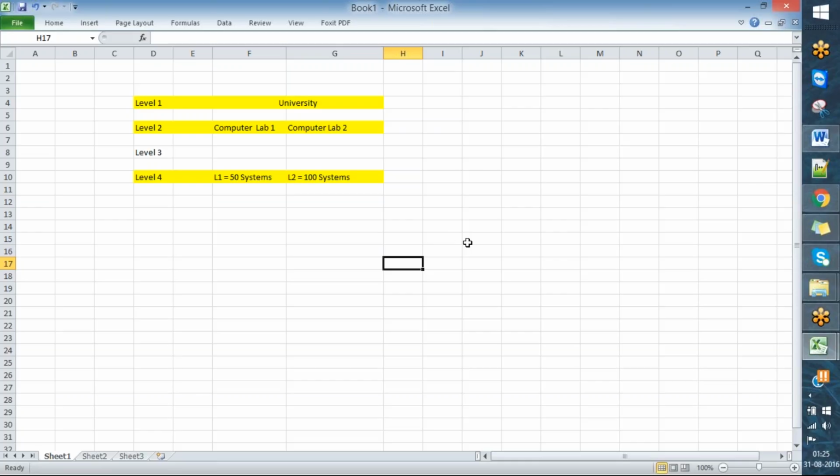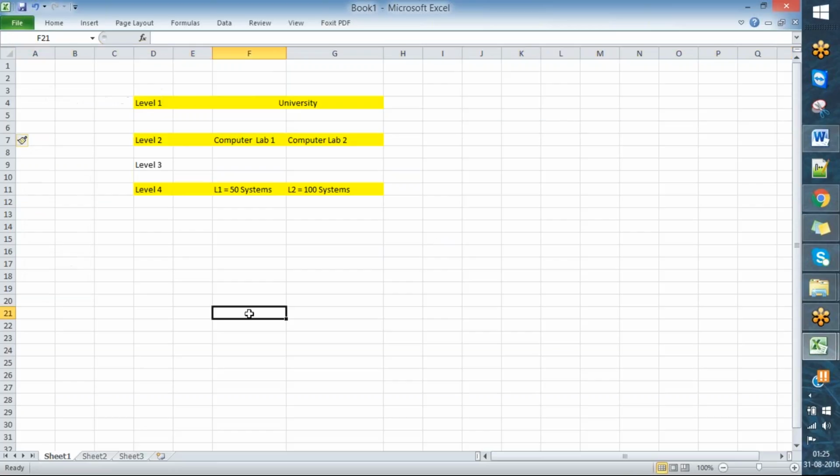Now I want to add more levels. So on level 2, let's take an example, it has 7 colleges. College 1, college 2, college 3,